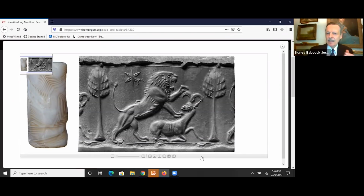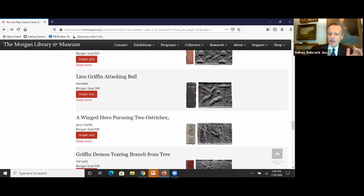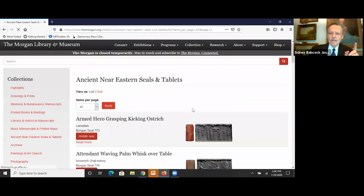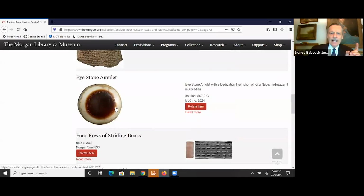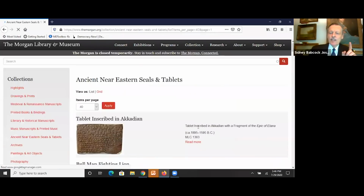from the attacking lion. So I encourage you all to just browse on these and just zoom in on all of these. And I'll just show you one more, just so that you see. The final page has the wonderful eye stone, as well as the seal that we focused on with the eye stone built into it. But on the page before, and it's the final image I will leave you with,